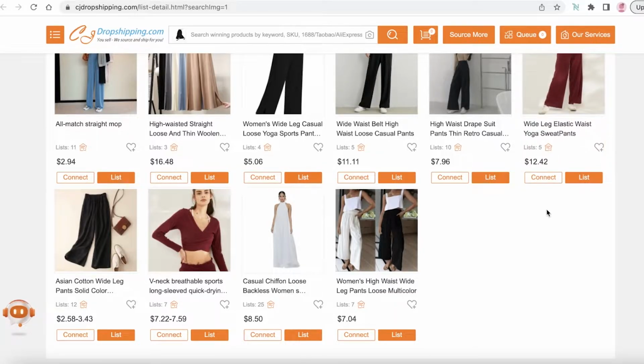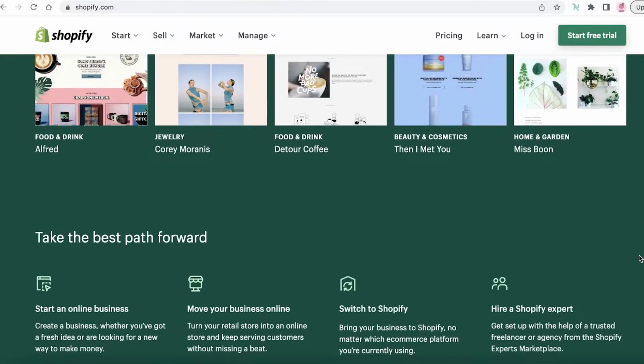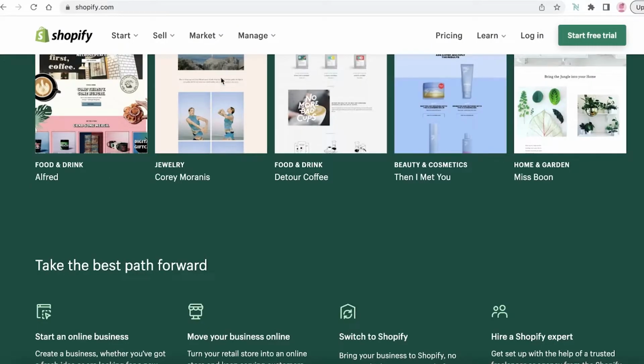So what is going to be the website builder that you're going to be using? How do you build your e-commerce store? Well, what is the standard? The industry standard is definitely Shopify. Shopify is going to enable you to list so many different products. You can add your business products, you can add so many different features, and it has so many easy tracking services. You have multiple different marketing options as well.